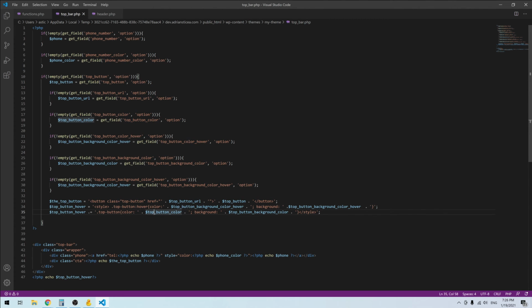Okay, so I have top button color and top button background color. I have top button background color. Okay, I should have top button background color hover, top button background. No,